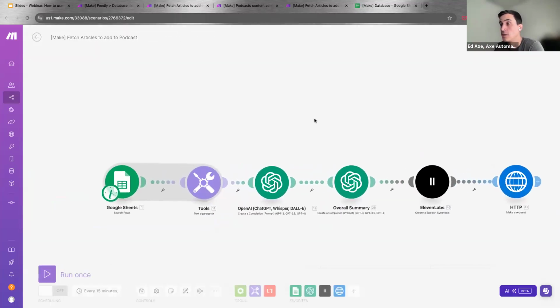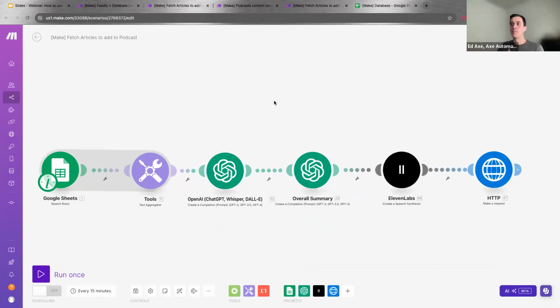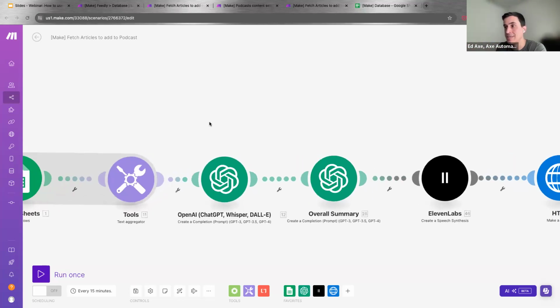If you are building the automation for both newsletter and podcast, you can even use the same Make scenario, but create different paths using the router. One path goes and creates the newsletter, and the other path creates the podcast episode. So this is basically the same structure.